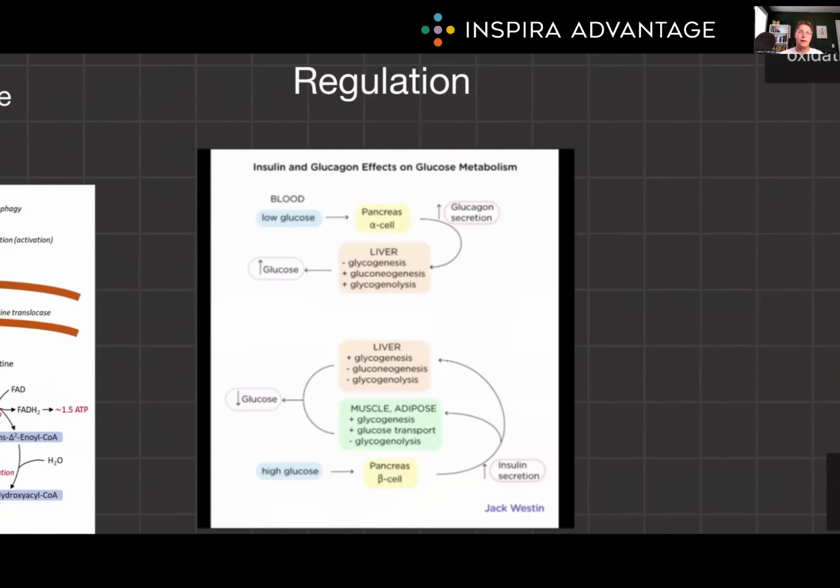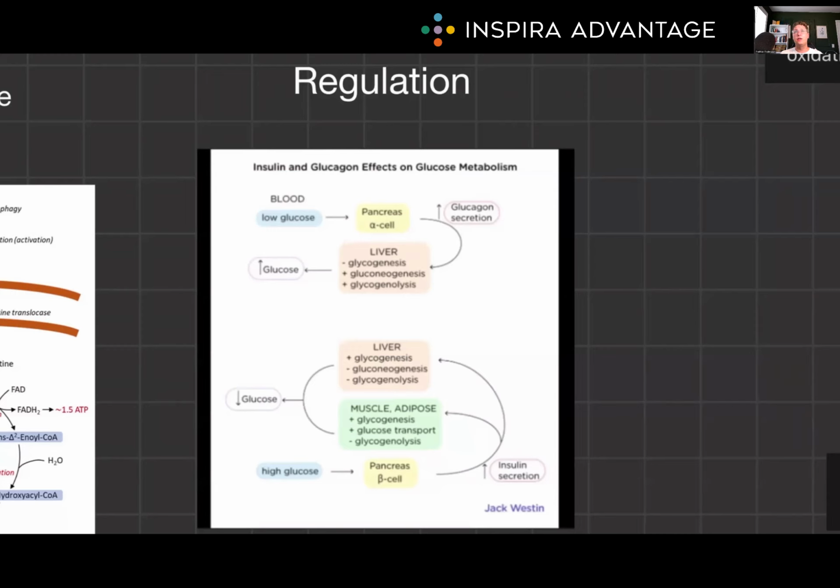Finally, how is this regulated? Well, the body regulates anabolic and catabolic pathways to maintain energy balance and meet physiological needs. You don't want too much anabolism or too little catabolism. Both result in death. So how do we regulate this? Well, hormones. For example, insulin promotes anabolic processes like glycogen and protein synthesis, while glucagon stimulates catabolic processes such as